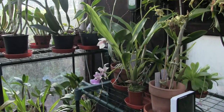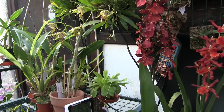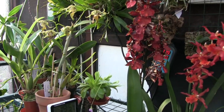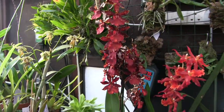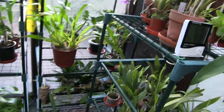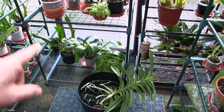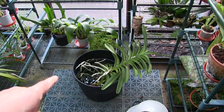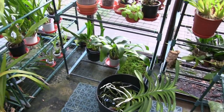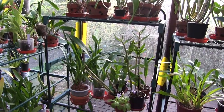Anyway, so that's that. That's today done. No watering in here today. I've got on with some computer stuff. And yeah, well, I say no watering. I did have my 2 Vandas to do because they didn't get done yesterday. And even now, it's going to be dark in an hour, maybe an hour and a half at the most, and I'm still watering my Vanda. That's going to go into tonight with wet roots. But the plant's not wet, so I can get away with it. Plus, when the heater comes on, the big fan comes on, so I've got air movement as well. But yeah,